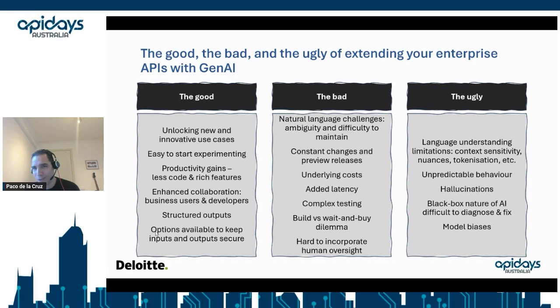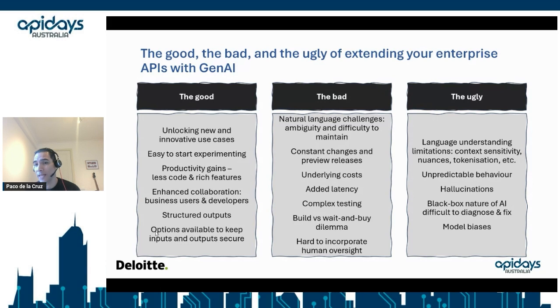It doesn't stop there. There are some pitfalls, or really the ugly part of using GenAI in your APIs, right? The first one is, if you're using natural language, some LLMs will struggle to get all the context, right? There are some nuances in your language as well, or your prompts. And even when you tokenize your prompt, right, you have natural language, it gets translated into vectors or tokens, and then the response goes from tokens to natural language, right? So many things can be lost in translation there.